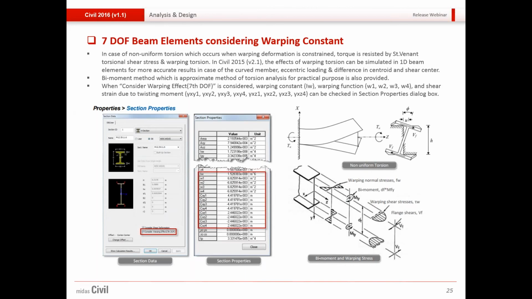Similarly, the seventh degree of freedom, that is the warping, has been introduced. These are basically line elements, but for your steel girder, as shown over here, they will have torsion, and due to that the stress in top flange, bottom flange, and everything would be different. So now these stresses could be considered for the line element itself. You could check its properties once it has been defined, but to consider this, while defining the section, there is an option to consider the warping effect. You will have to select that. So accordingly, its constants and properties would be calculated.